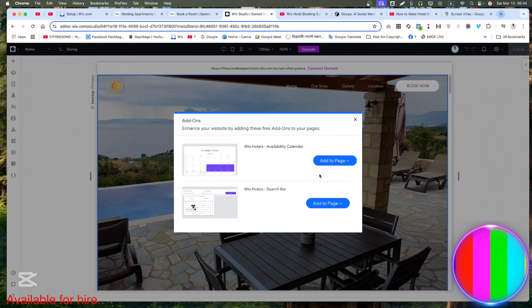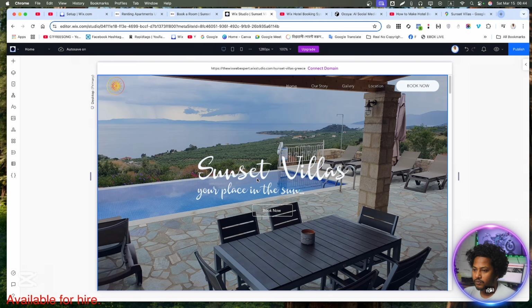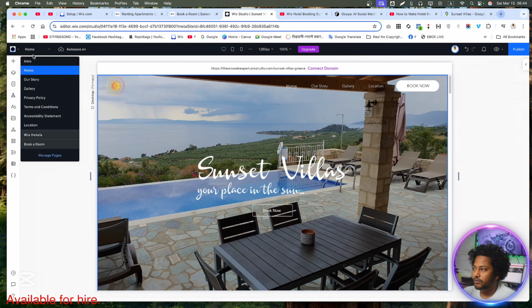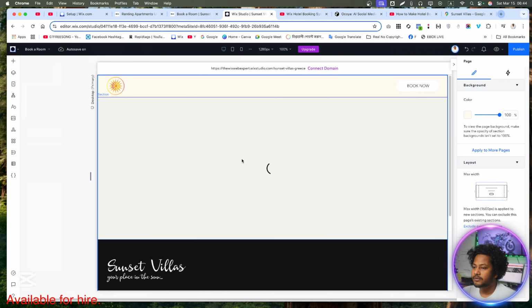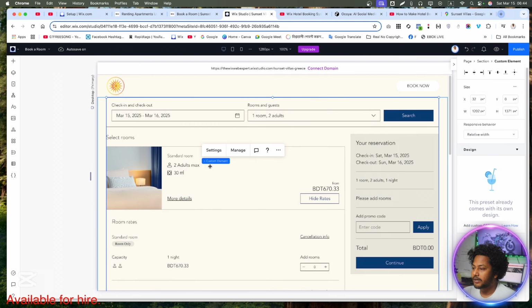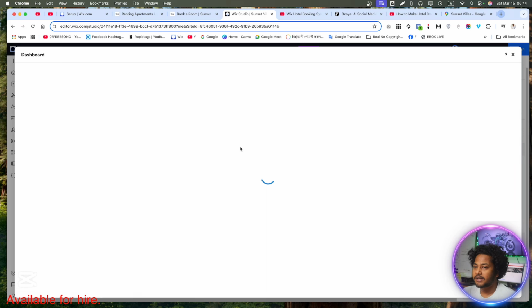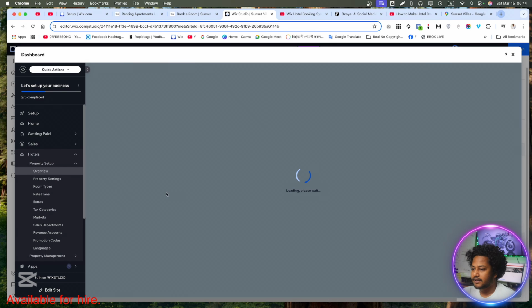So it will be added again. Add to page, full screen. No. Okay, so it's already added. If I go to the pages, then I can find it very easily. Book a room. So I need to set it up first. Maybe here is the demo. Let me click on it, and after that I can see here,